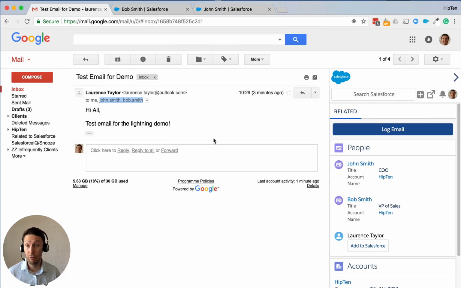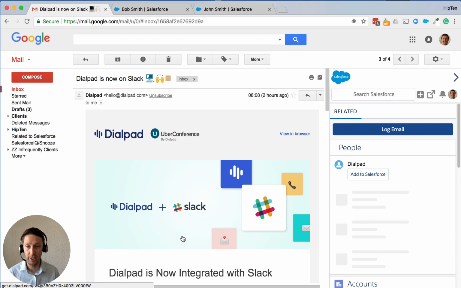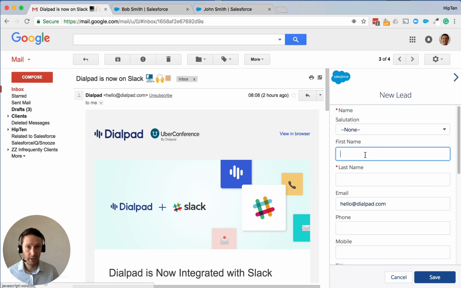So for example, if someone wasn't in Salesforce, there's a little button here and I can just click Add to Salesforce. So here's a quick example. Here's an email I got from one of our vendors, and we can see it's come up and said, do you want to add them to Salesforce? So if I click Add to Salesforce, I can choose, do I want to create a lead or a contact? I'm going to create a lead, and I'll call this